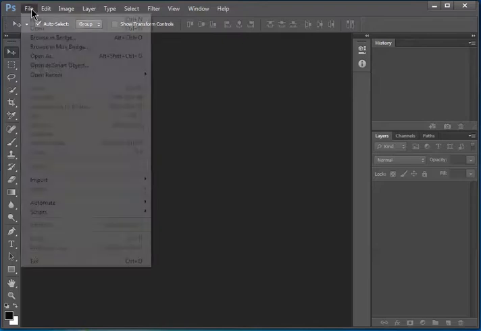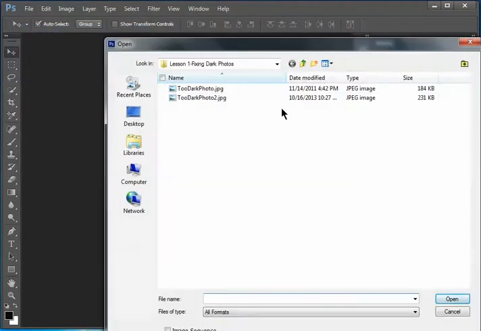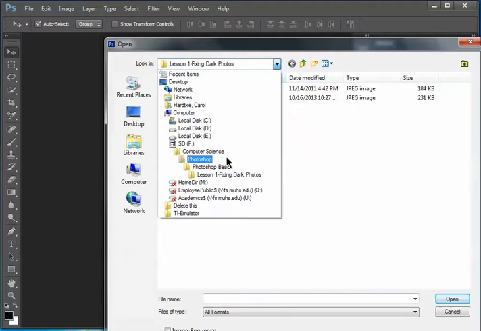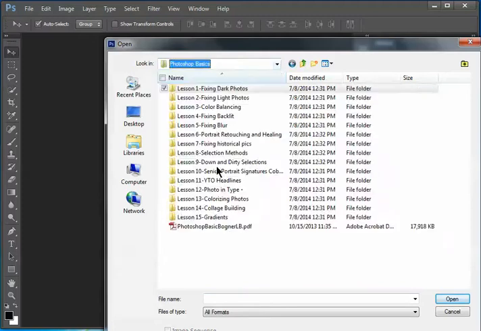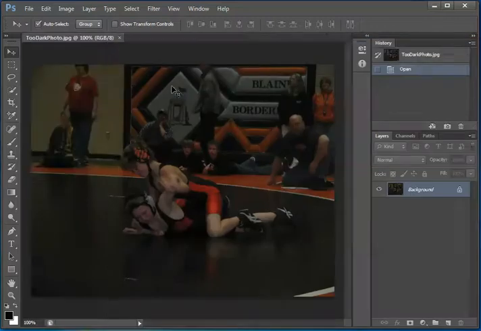All right, so let's go to our file, open, and you can see Control O like always, and find your Photoshop Basics folder. Hopefully in your Photoshop menu. And we're going to start right with the Lesson 1 folder. And please choose the very first folder, Too Dark Photo. And you can see that that's not a very usable photo. So one of the many ways that we could use to lighten the photo,